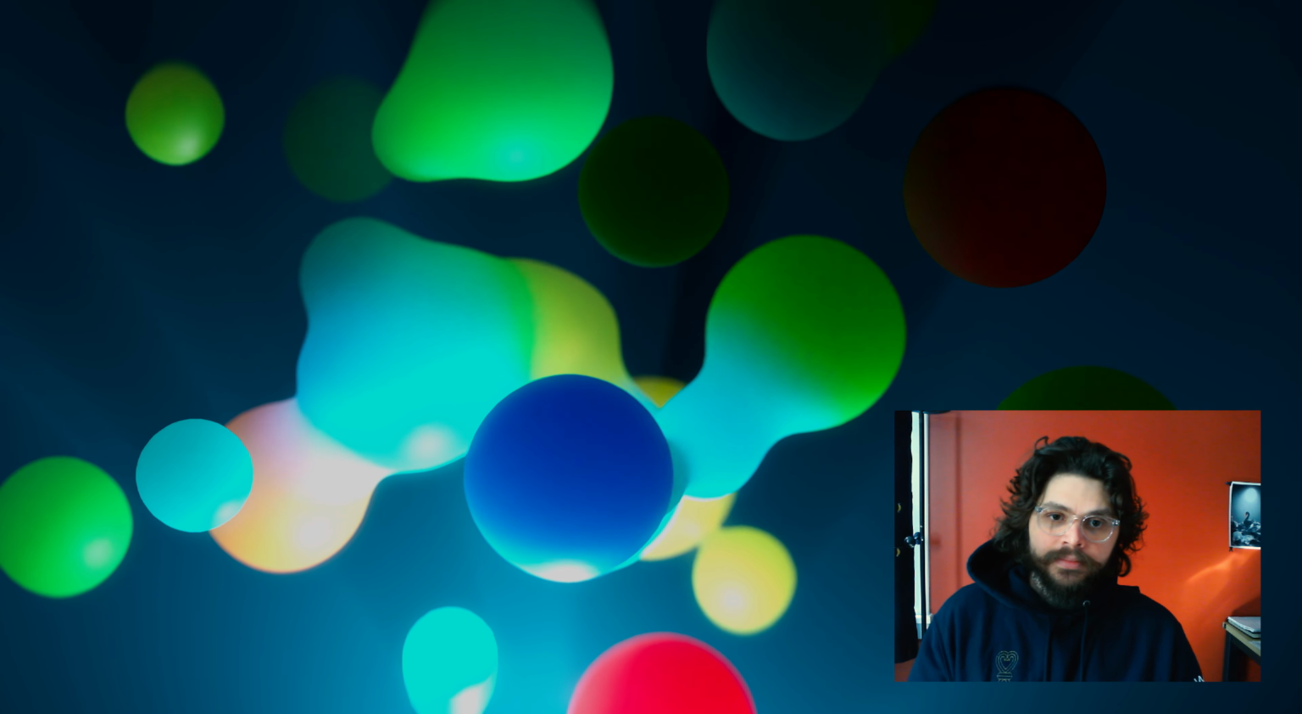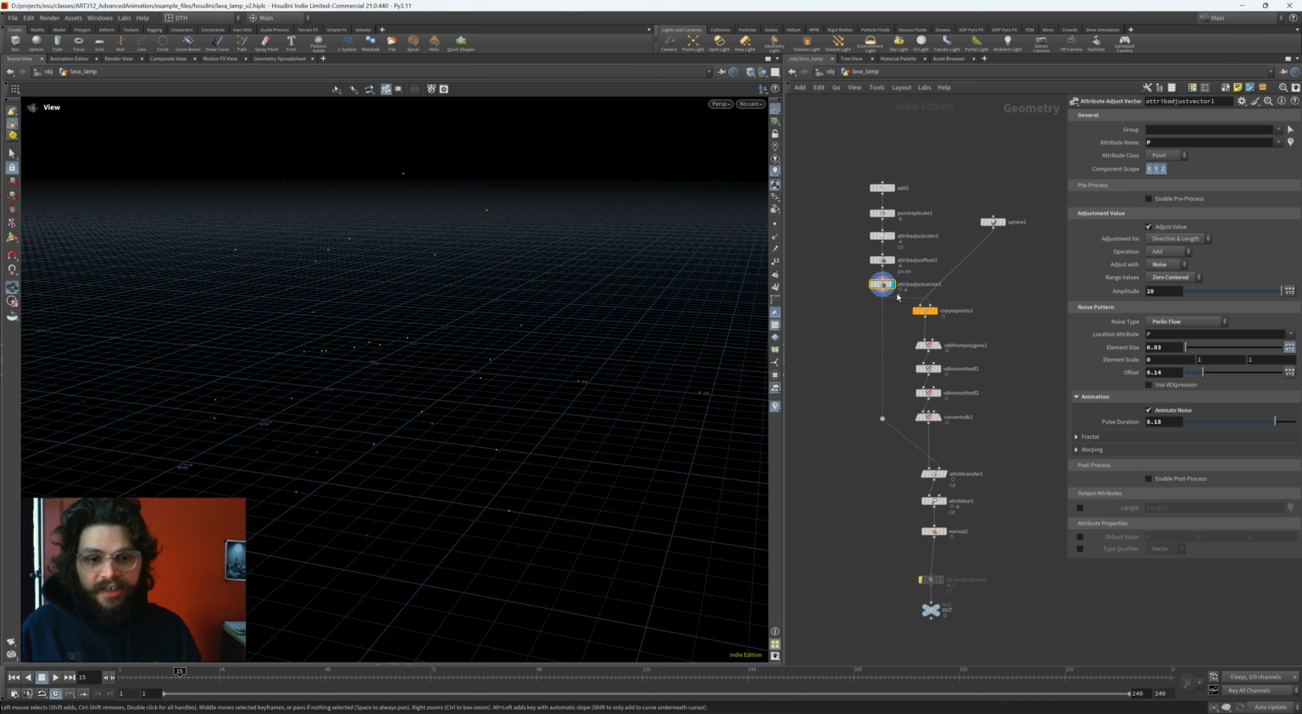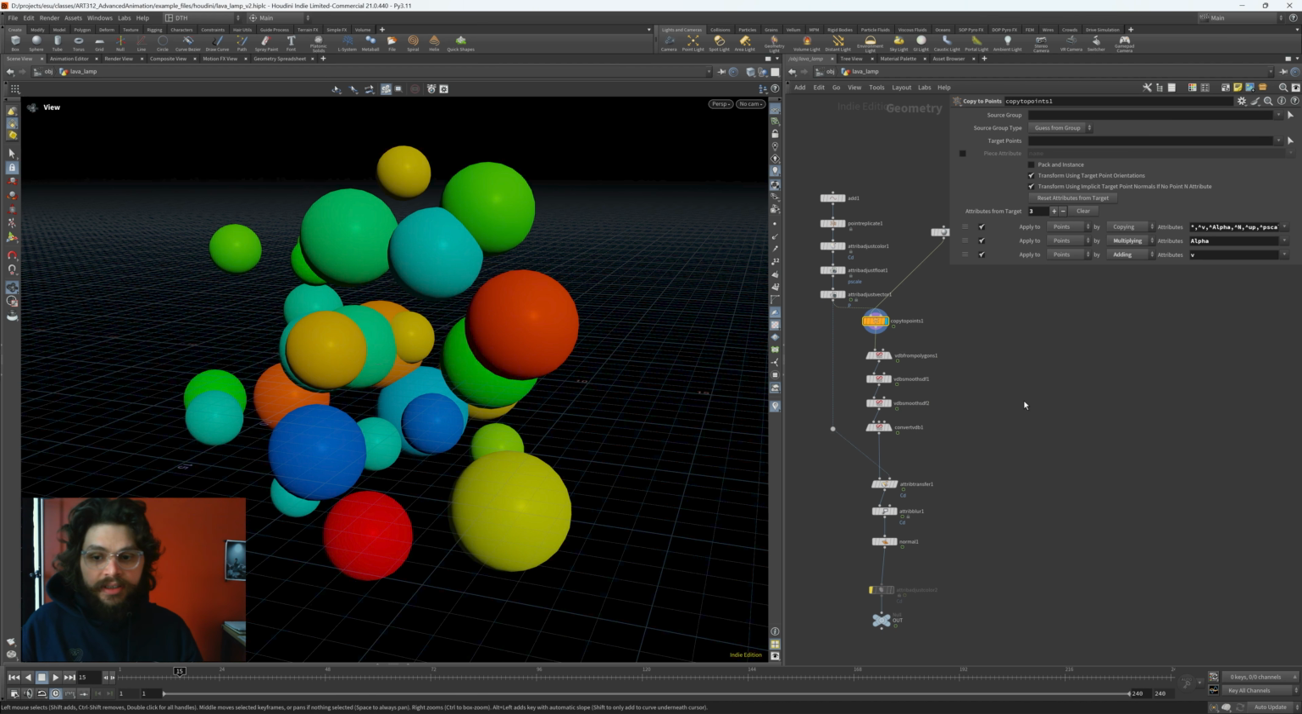Let's get into it. All right, so here we are in Houdini, and I'm looking at the node setup to create this sort of effect. And at its core, it's pretty simple. Basically, we're taking some points and scattering them around. We're copying a sphere to these points, and then we're leveraging some VDB tools to smooth out those spheres and create that sort of fluidy,